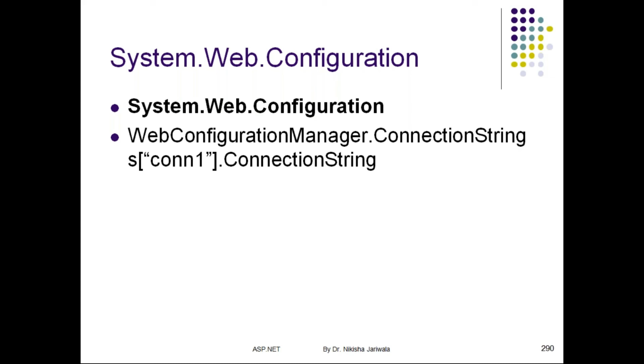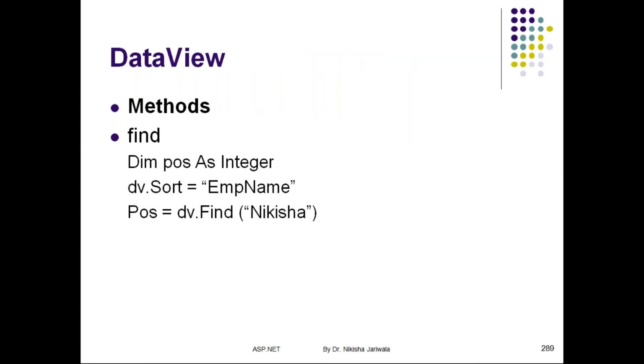Over here, we have not discussed the transaction object in detail because it is not in your syllabus. We have completed all the objects. We started with connection, command, parameter, data reader, data adapter, data set, data row, data column, data relation, and data view, and obviously command builder. These are the objects which we have seen in these three lectures.